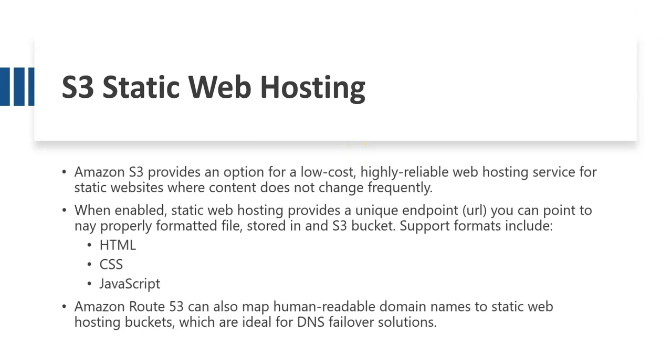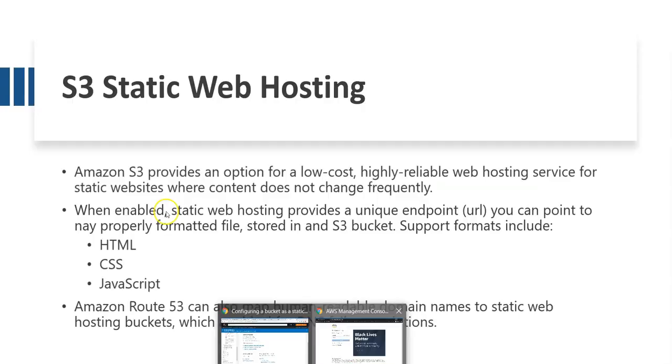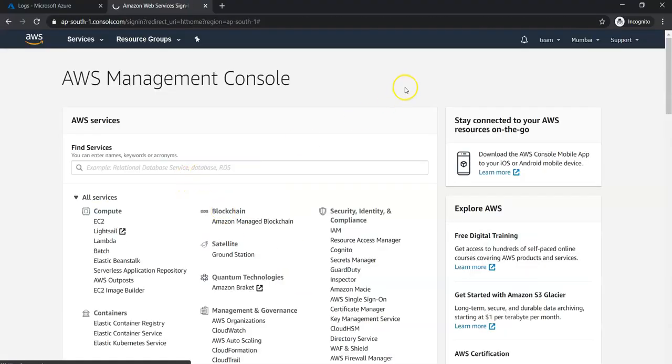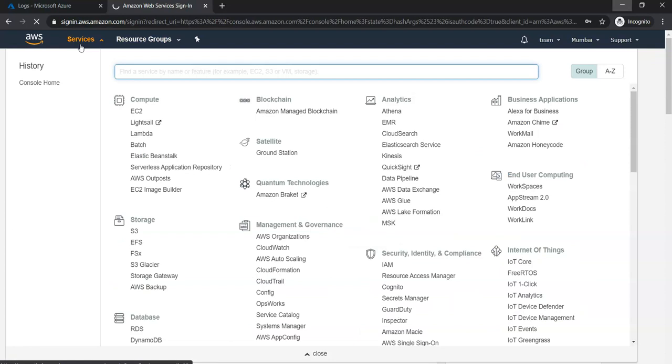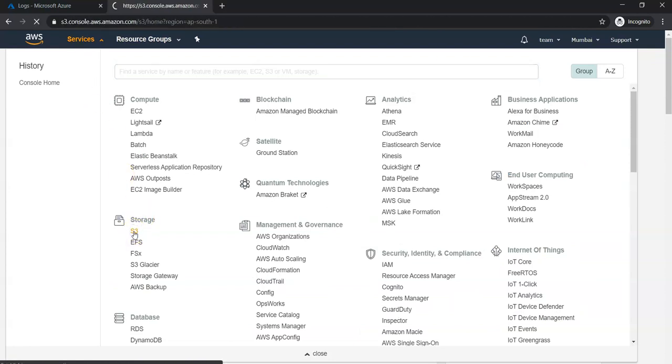First of all, log into your AWS account. You can see I am already logged into my AWS account. You need to go to Services, and under Services, go to Storage. Under Storage, you can go to the S3 storage service. Once you open it,